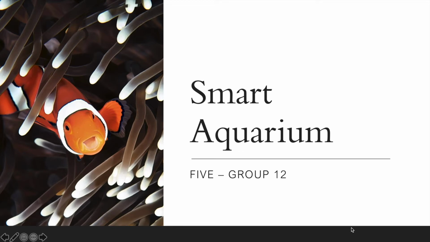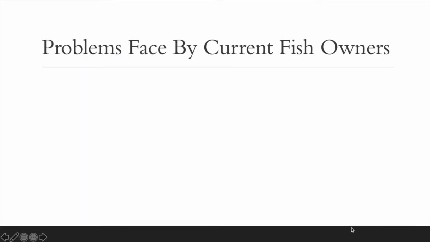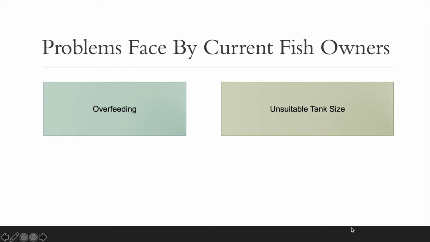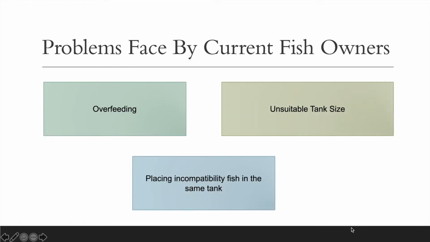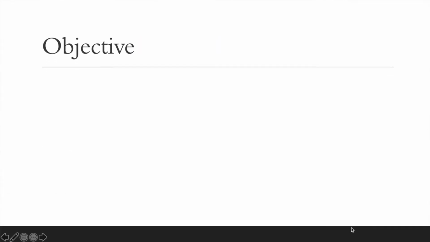This is our project Smart Aquarium. The problems faced by current fish owners are, firstly, overfeeding, secondly, unsuitable tank size, and lastly, placing incompatible fishes in the same tank. So our objective for this project is to reduce overfeeding by checking against water temperature, inform